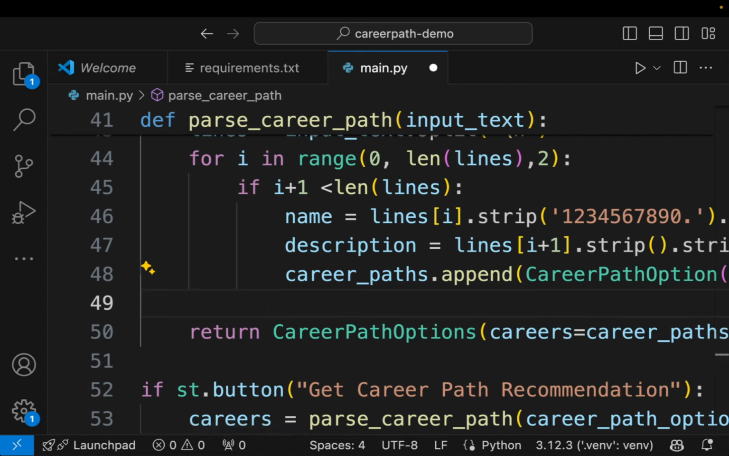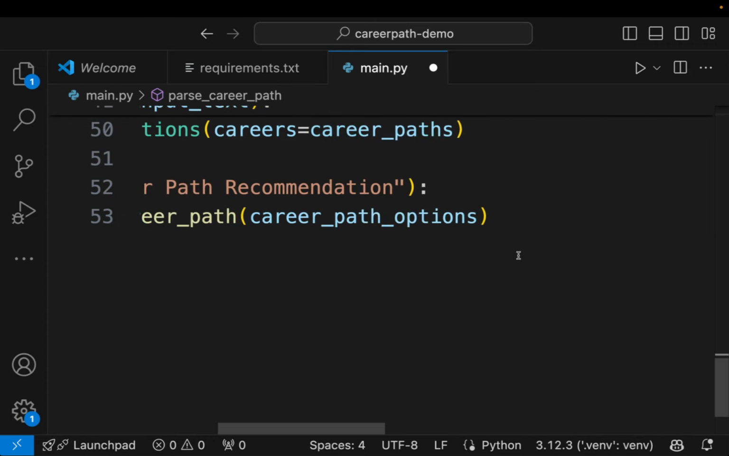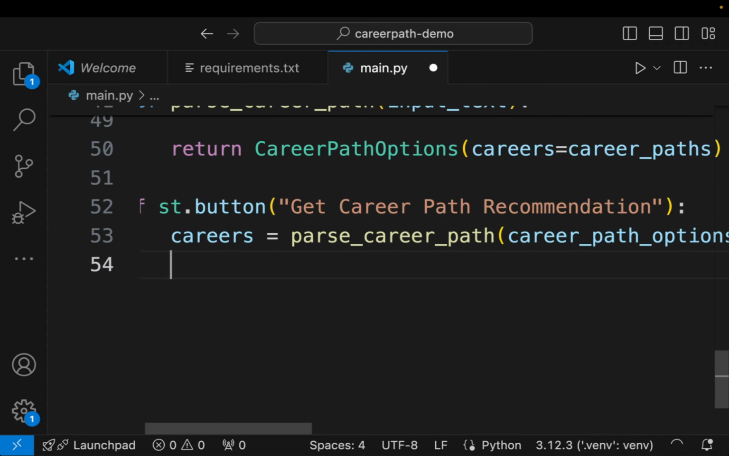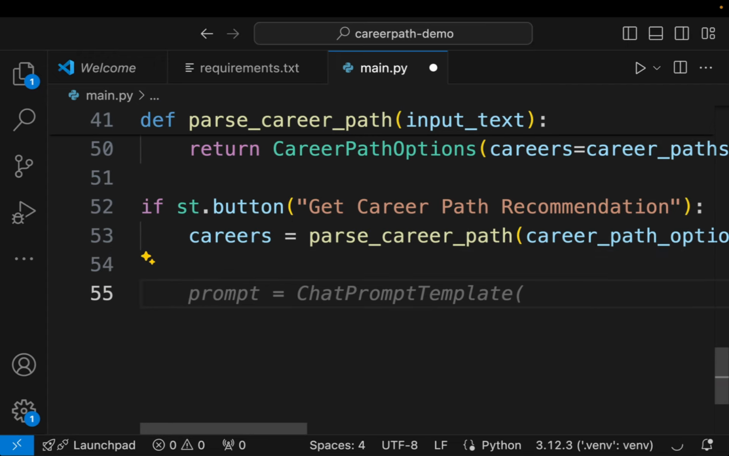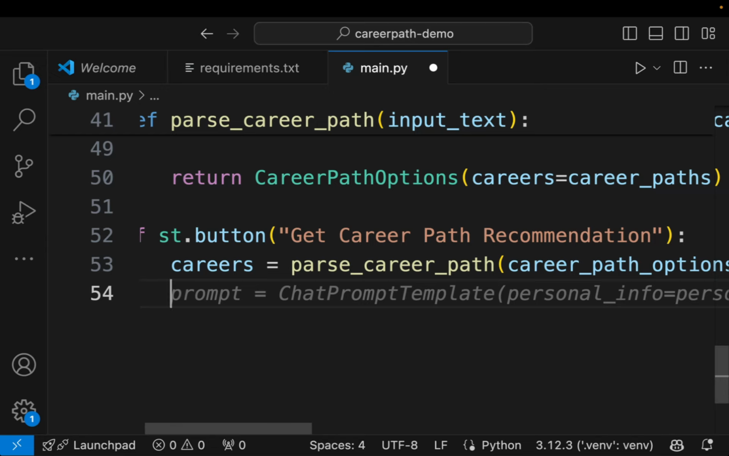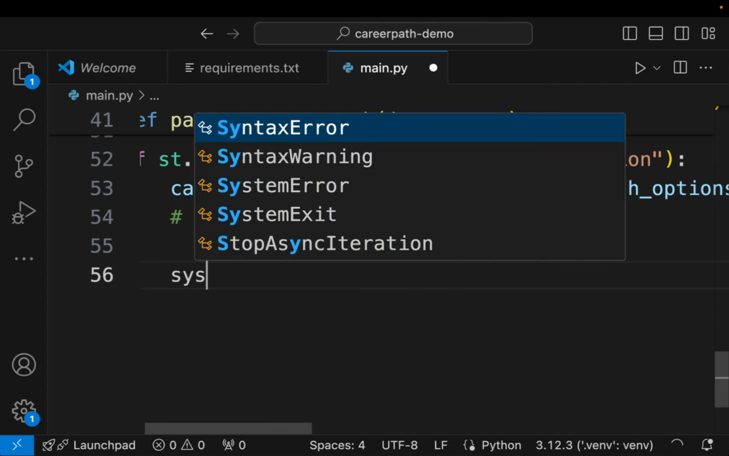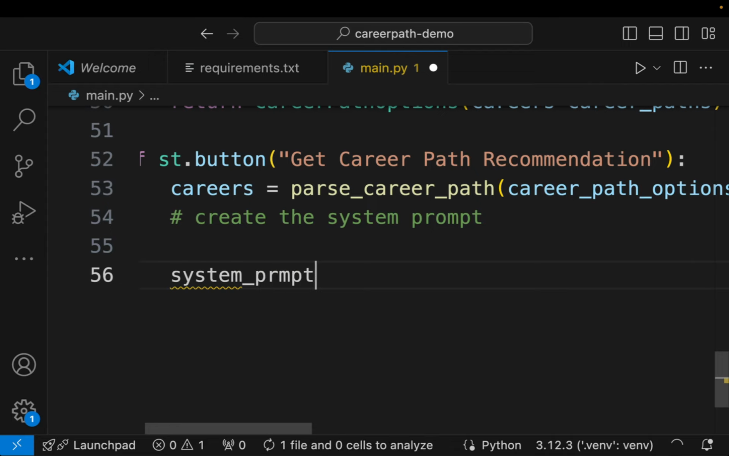Now with this done, we'll say, hey, my careers is now parsed, so the careers is available, and when the button is clicked, I now want to have a system prompt, right? Because when the button is clicked, I want to first create the input, and then also send that input out to the model, to the LLM. So I'm going to create a system prompt. My system prompt is